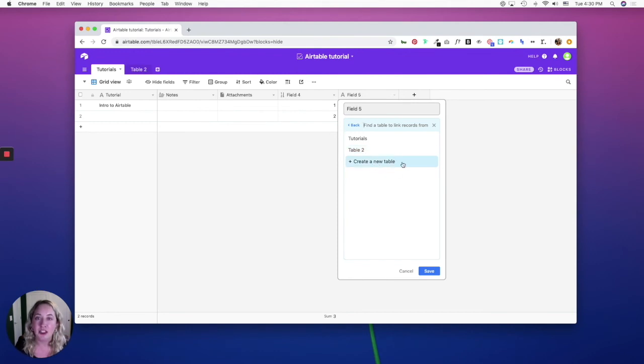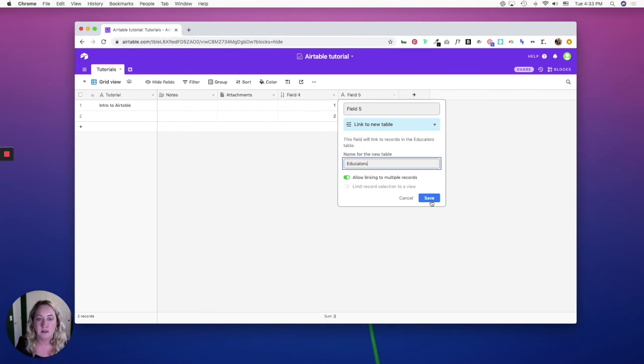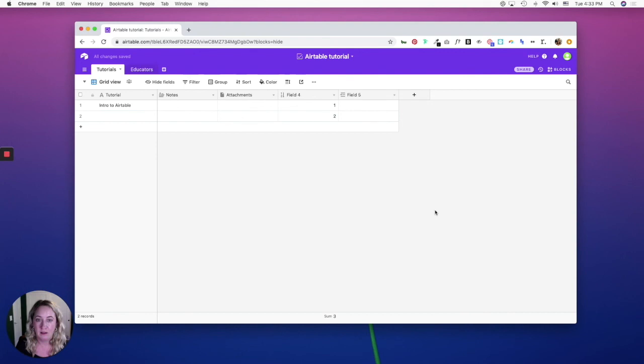If you are just building out your base, it's probably easier to create a new table, but if you already have a lot of existing data, then it might make sense to link it to an already pre-existing table. So in this case, I am going to create a new table, and the name for the new table is going to be educators, and I want to allow linking to multiple records, so I'm going to click save. And I didn't name this field, so